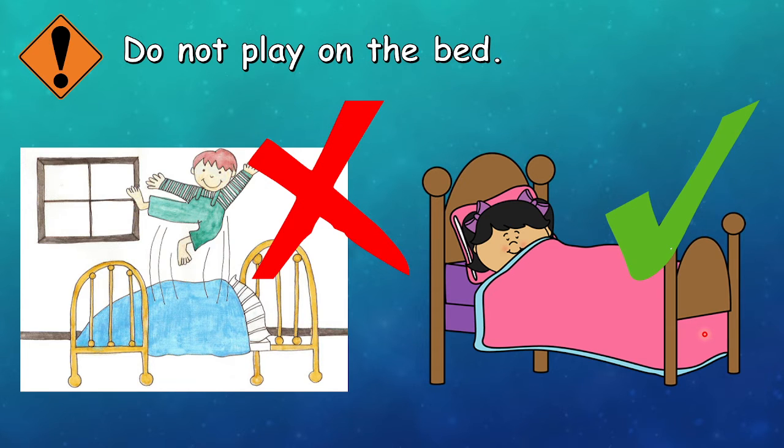Teacher, my bed is 8 foot. Teacher, mine is 6. My bed, I can jump on because my bed is very wide. Yes, that one is okay. But if, for example, you are jumping on the edge, if you have a small bed and you fall on the ground, you might break your bones and hit your head.